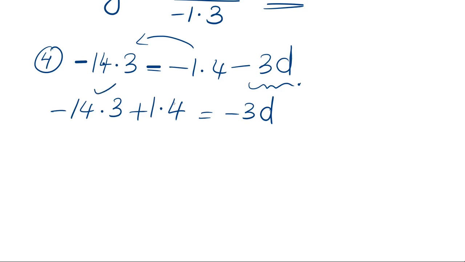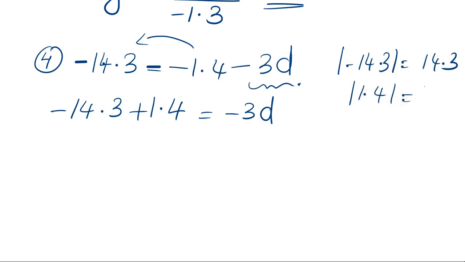So here one number is negative, other number is positive. So take the difference of their absolute values. The absolute value of negative 14.3 is equal to 14.3. Absolute value of 1.4 is equal to 1.4. So their difference, 14.3 minus 1.4, is